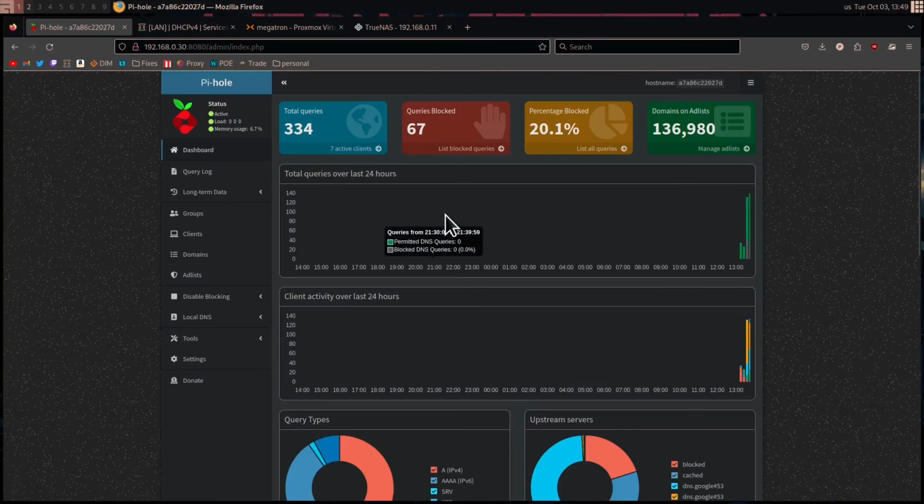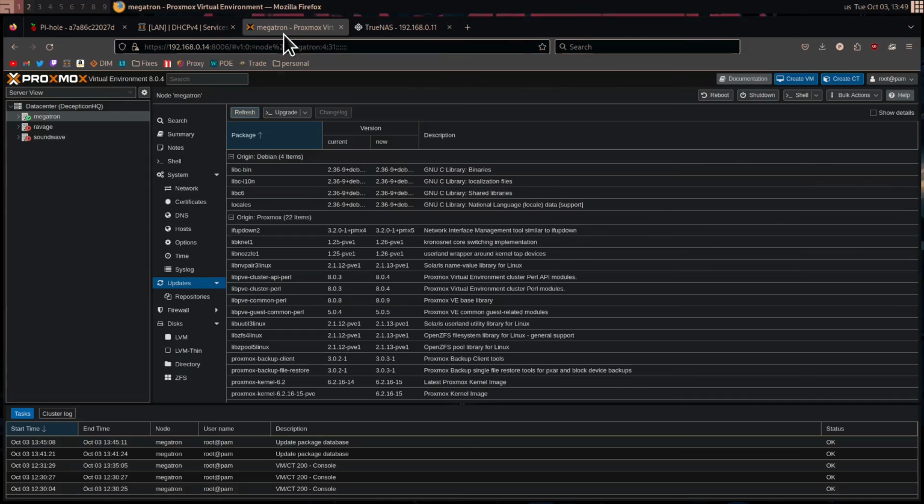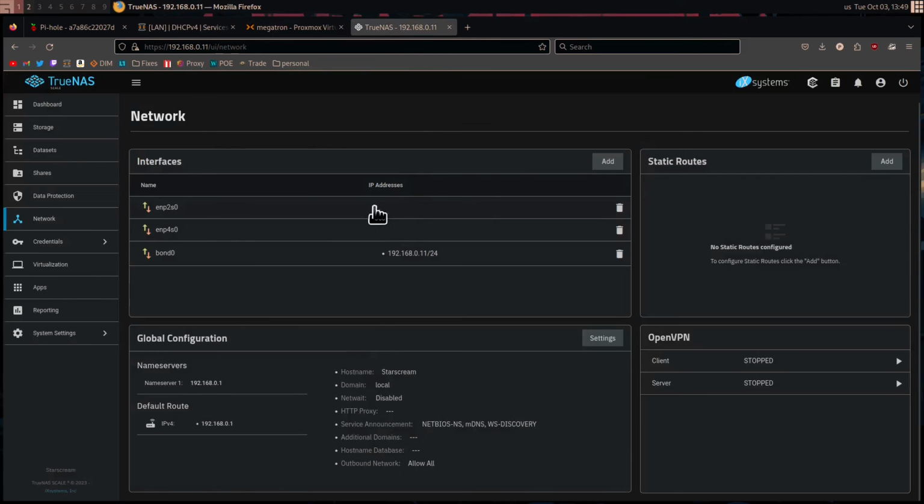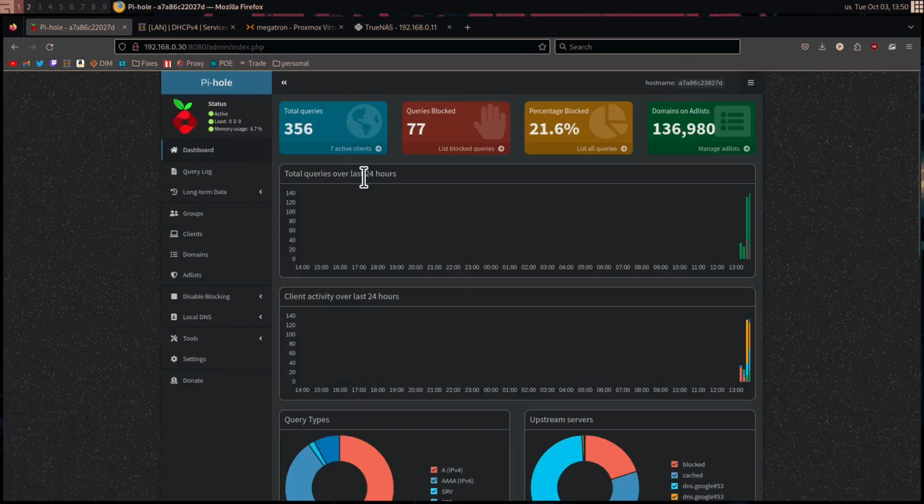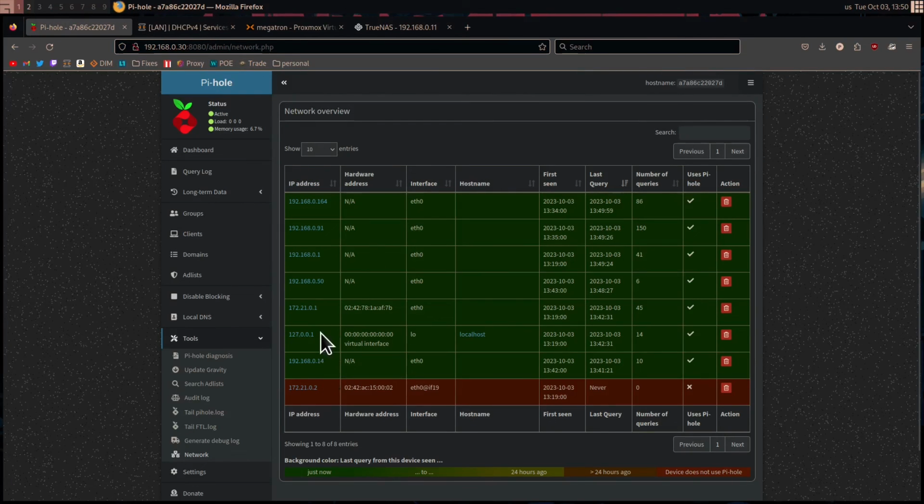Now, one issue I like to go ahead and mention is if you're using your router on all of your static IP addresses, as we are doing in Proxmox and on TrueNAS by setting it to 192.168.0.1, then all of those will only show up as one IP address, and that will be the IP address of the gateway. So in this case, it will be 192.168.0.1. And that's fine. However, it does make it a little bit hard to track down which machine is actually querying